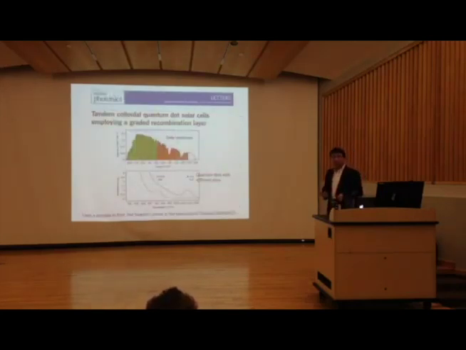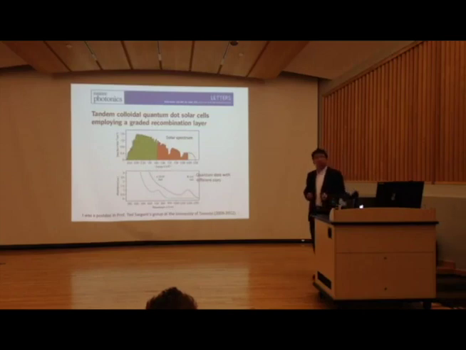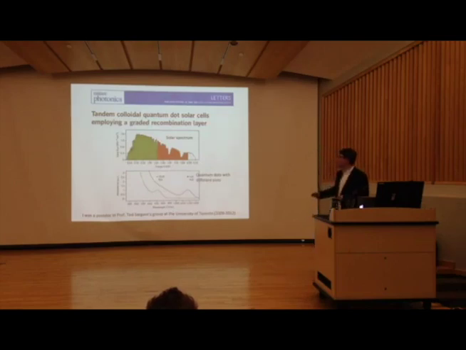The type of study I'm working on is called quantum dot solar cells. A quantum dot is actually a quantum material. It's very, very small. Here, I use a small dot to represent these materials. The typical size is about 3 to 7 nanometers. The amazing thing about this quantum material is that if you shrink the size of the material, even if it's the